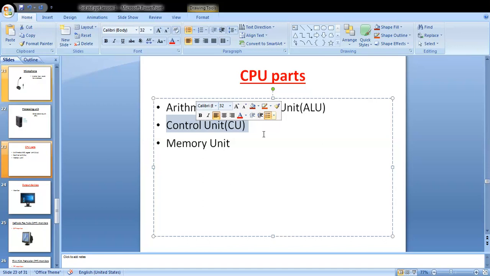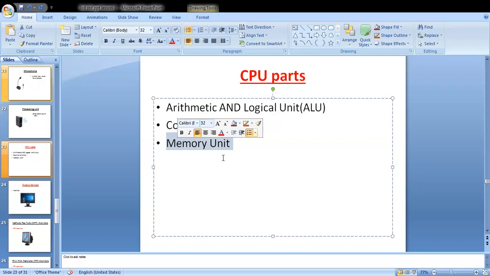Okay, so next, third one, memory unit. CPU stores all the data and instructions that need to be processed in the memory unit. Whatever instructions or data is there, all that is stored and processed in memory unit. Memory unit then passes that information or instructions or data to the other unit.